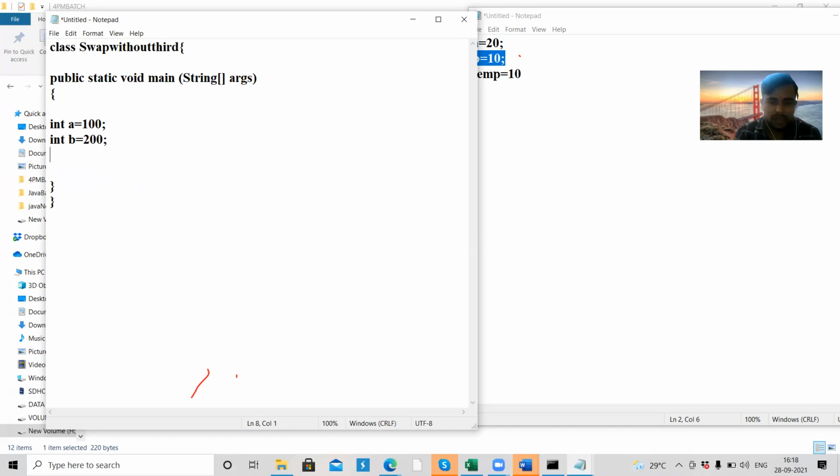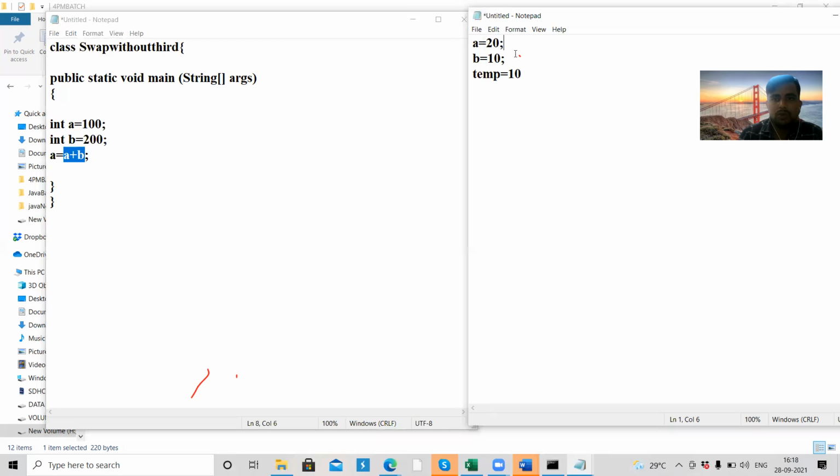So now do one thing: a equals a plus b. So what I did, a plus b, 100 plus 200. I told you the operation starts from the right side in Java. So it will do this operation first, a plus b, and it will assign the new value to a.